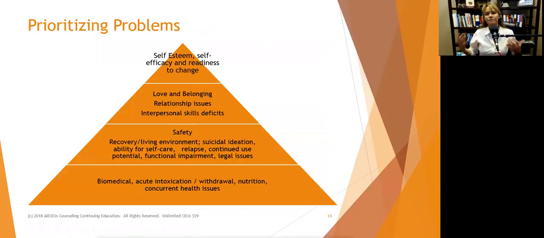Once they have those sorts of things, they're safe, they're comfortable, they are healthy-ish or on the way to being healthy, then we can start working on interpersonal skills. But up until then, they really don't feel well or they're exhausted. So we want to help them figure out how to get on a good footing so they can focus on these more esoteric things.